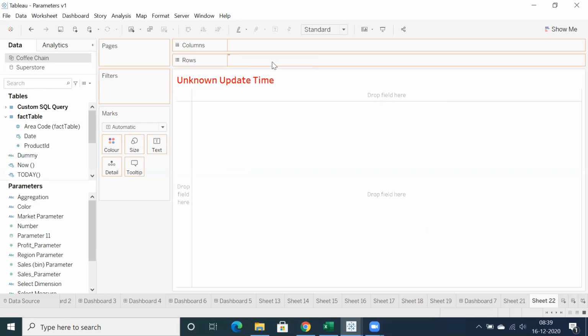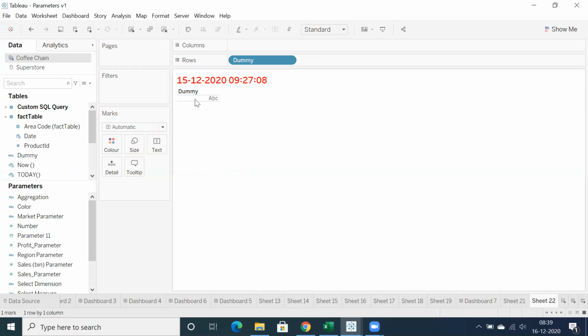Let's drop it into rows. So I'm able to see the dummy field. We can place any of the field. For ABC, generally we don't have any measure value. Can we use the same thing in text? Let's see. Yeah. So when we place it into text, we don't have anything, right? Dummy field, we just use double quotes.